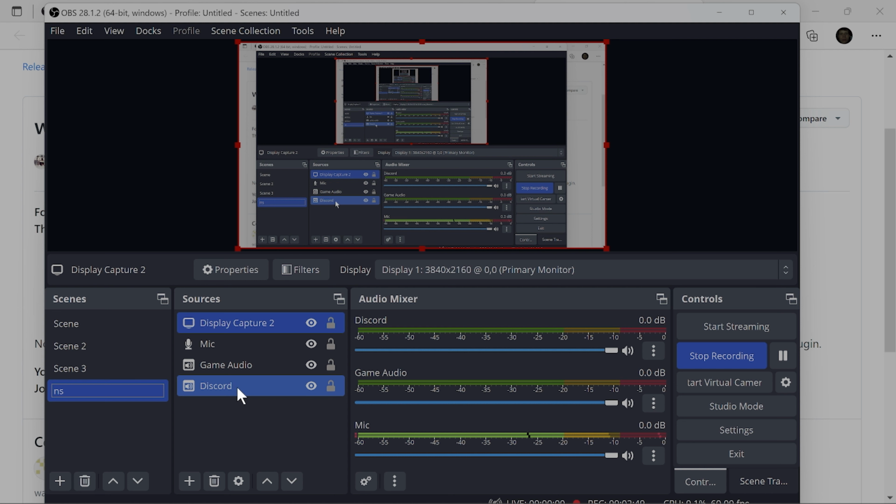So in NS we have Discord, game audio, mic, and I have display capture here just so you can see what I'm doing, because when I switch scenes like that, it also changes the sources. Anyway,